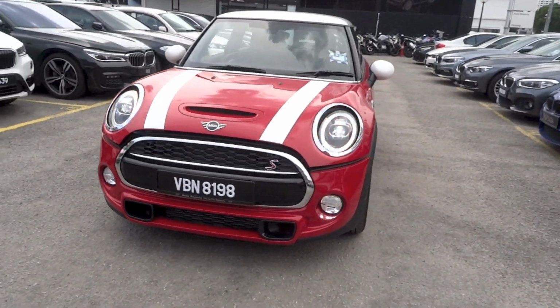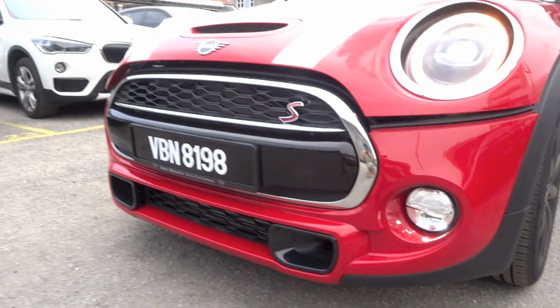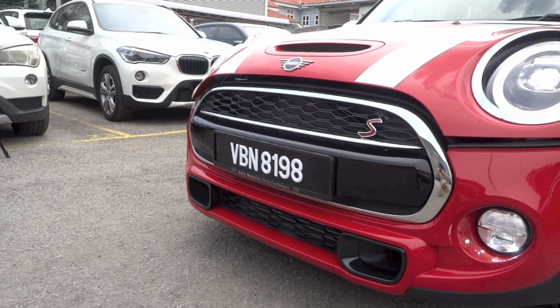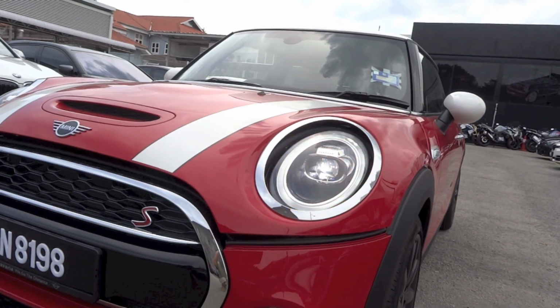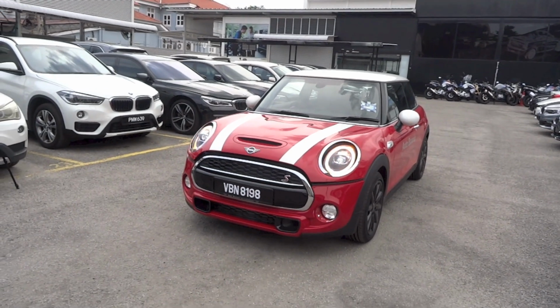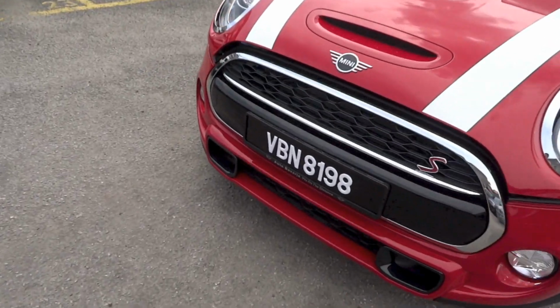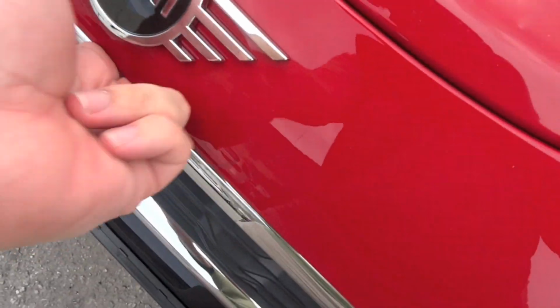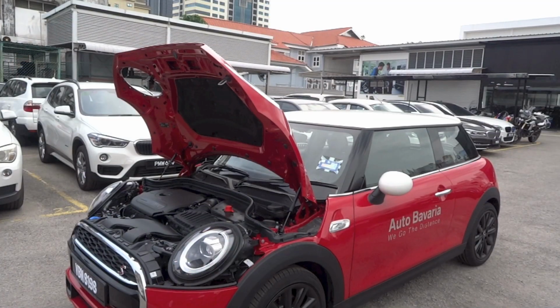Examples include Fiat with the 500, VW with the Beetle, and this, the Mini hatchback. The modern Mini first appeared in late 2000, shortly after the original Mini was discontinued earlier that year. While the design remained roughly the same, the modern Mini was much larger, safer, and more technologically advanced than the original model. Now under BMW ownership, the modern Mini hatchback has seen 3 generations so far, with the latest F56